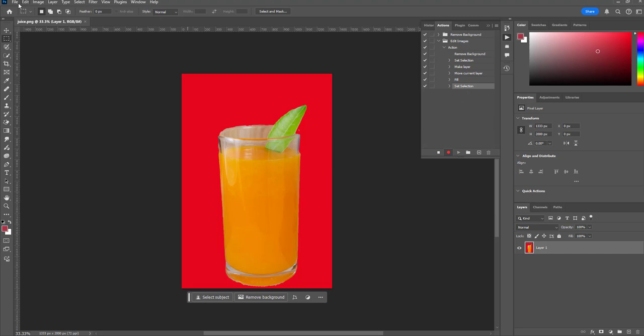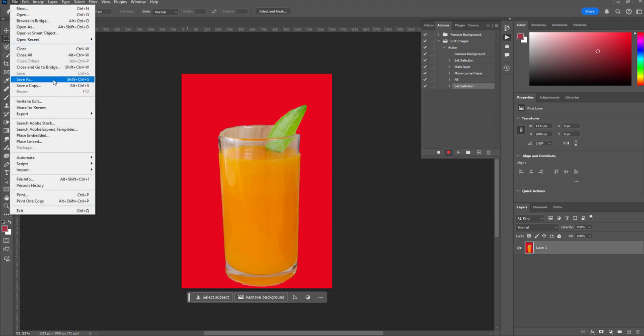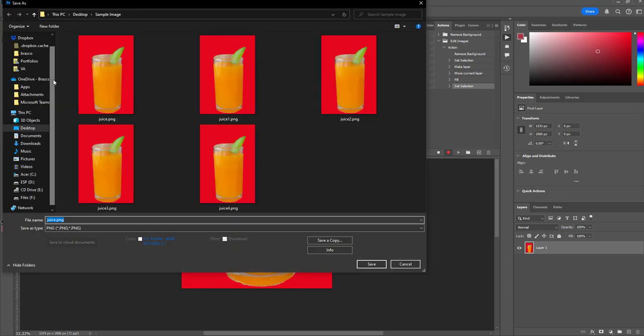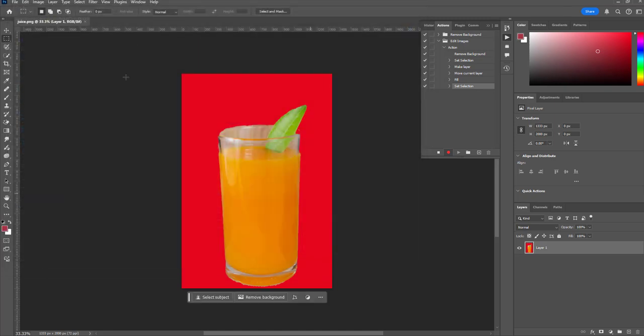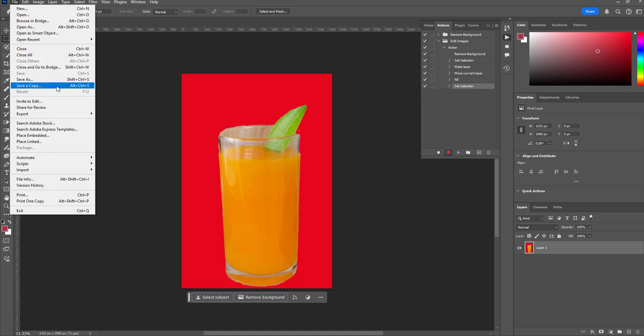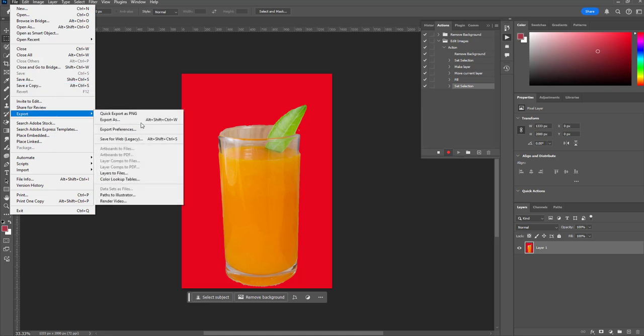Let's add some action in saving. Save as. Oh wait. Export.